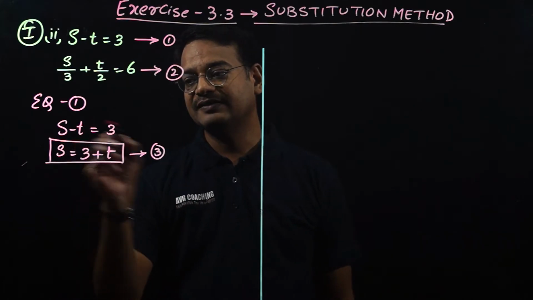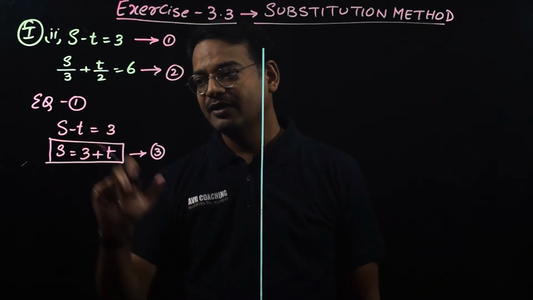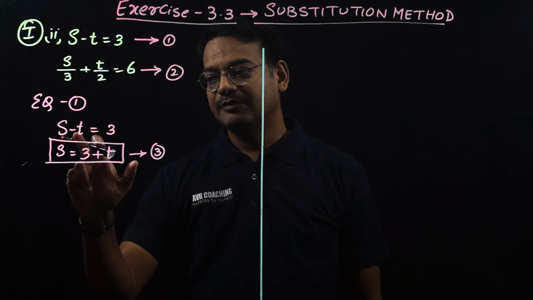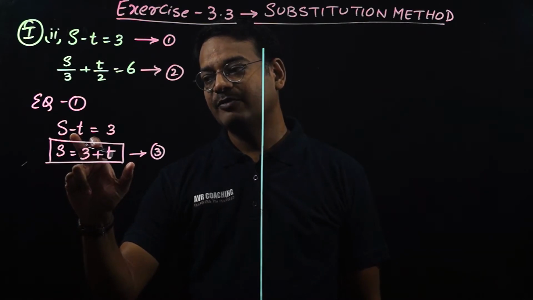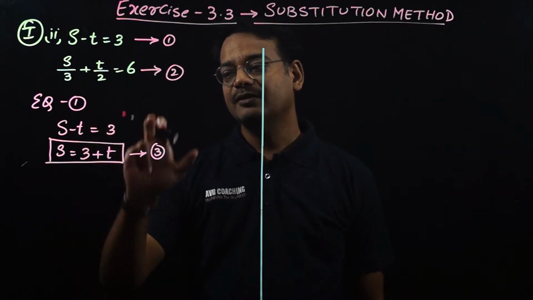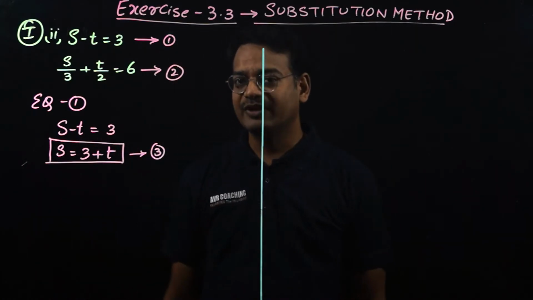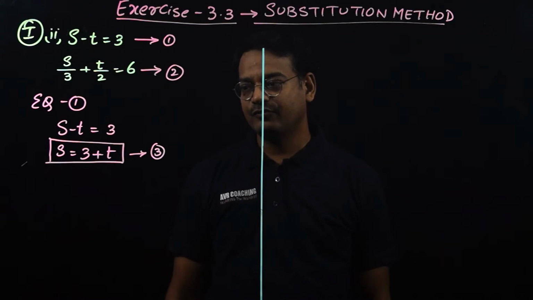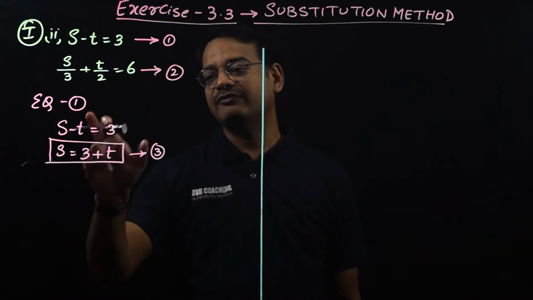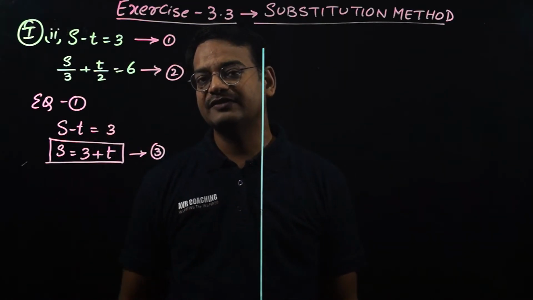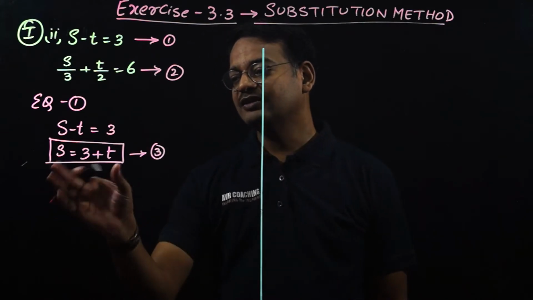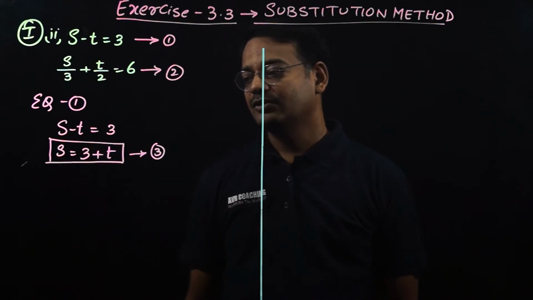Now if you take this t and consider t as y, and if you want to keep this to the left hand side, it will become minus t is equal to 3 minus t. Then again taking out that negative sign, all the stuff becomes very messed up and very confusing. So the easiest way is I will bring this minus t to right hand side, so it will become plus t. So single step we can get s equal to 3 plus t.